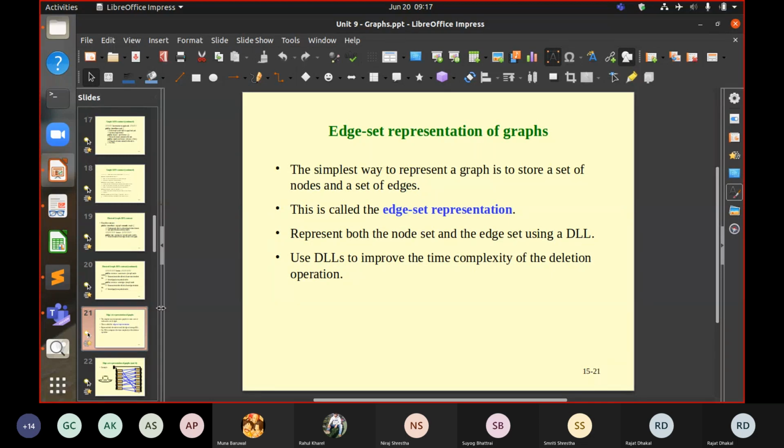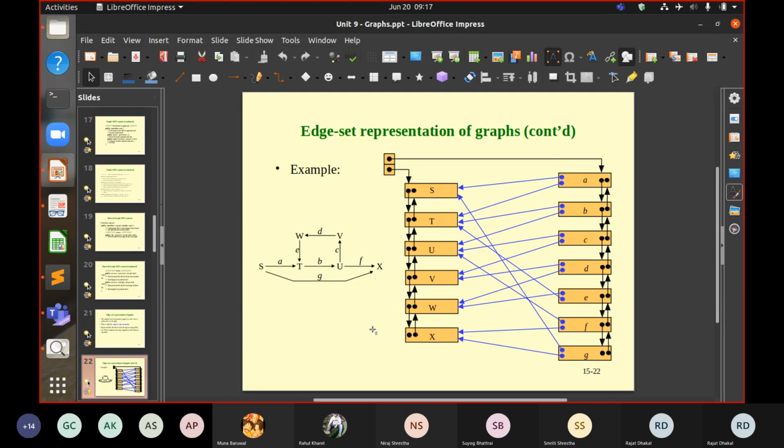Represent both the node set and the edge set using a DLL. Use DLL to improve the time complexity. So basically, this is one DLL which contains the edges, and this is the other DLL which contains the nodes.